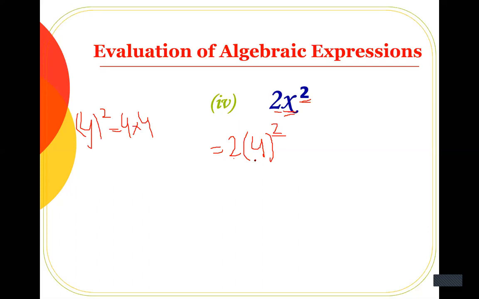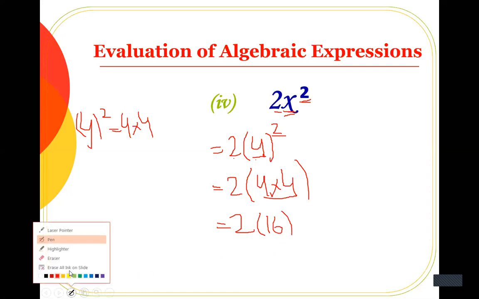So here you will open your bracket first. Do not multiply here with the coefficient. So you will write 2 bracket 4 multiply by 4 and bracket close. I have told you why you are opening this in the previous lecture. If it is still not clear, go through the previous lecture again, then you will easily get why I'm writing it. Because 4 exponent 2 means you have to multiply 4 by itself 2 times. Now please do not write 2 multiplied by 4 is 8. No, you have to solve the bracket first. So again you will write your 2, and then 4 multiplied by 4 is 16. So this is the way to open the bracket.